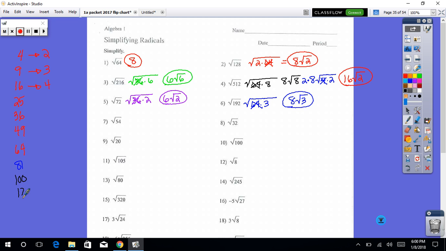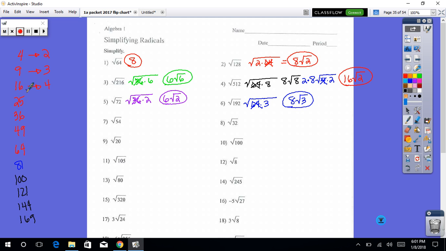Let me put some more perfect squares over here. 144. Okay, the next one is 54. Obviously, I'm not going to try either of these two going into it. Probably not going to try 36 either because I know that 36 times 2 is bigger than 54. 25 times 2 is 50. So let's see if